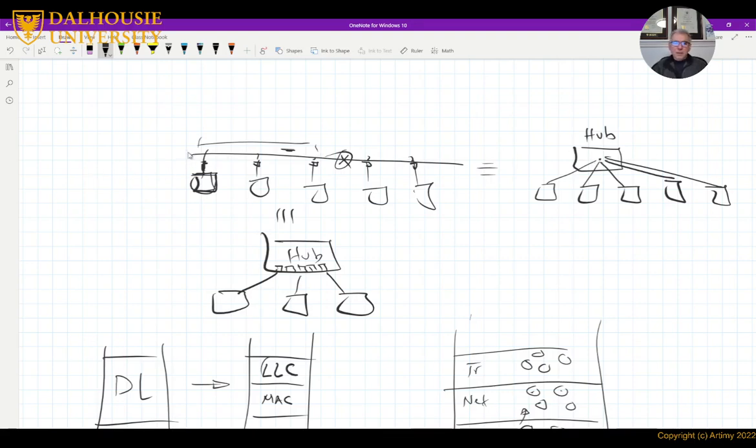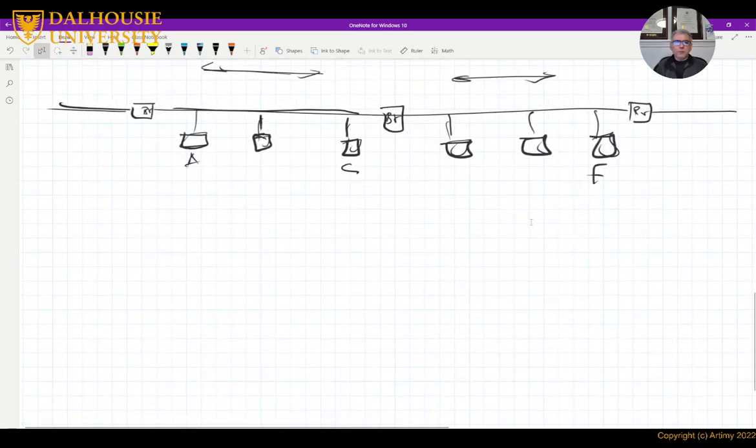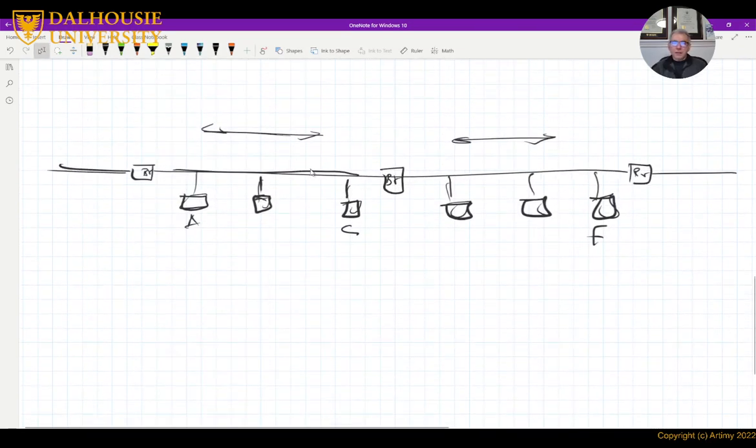The reason is actually the network has to have resistors here, terminators we call them, and if you cut somewhere here, there will be no terminators on those ends, so the network will not work, right? Now if we do bridges like this, and we have a cut somewhere, the other segments will not be affected. They will still work fine. The part that has the cut will fail, but the other parts won't.